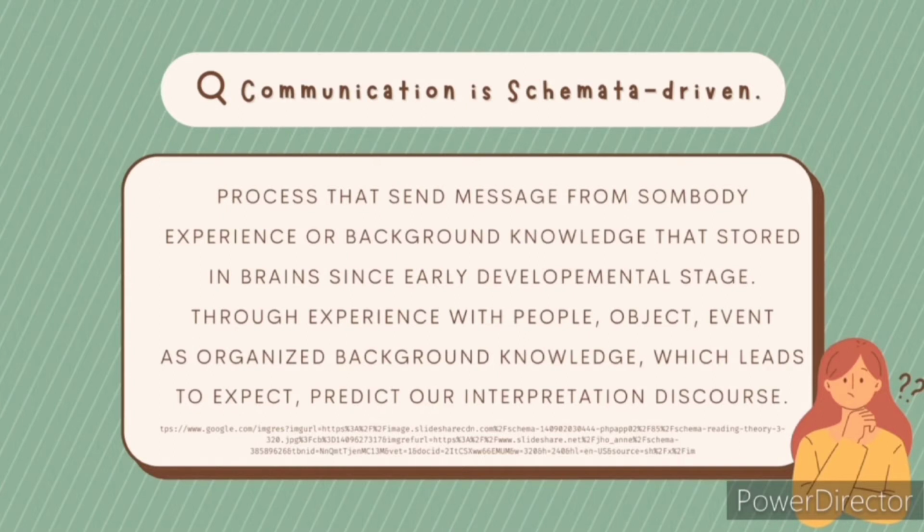For example, when a child is young, they develop a schema for a dog. They know a dog walks on four legs, is hairy, and has a tail. When the child goes to the zoo for the first time and sees a tiger, they initially think that the tiger is a dog as well. From the child's perspective, the tiger fits their schema for a dog.